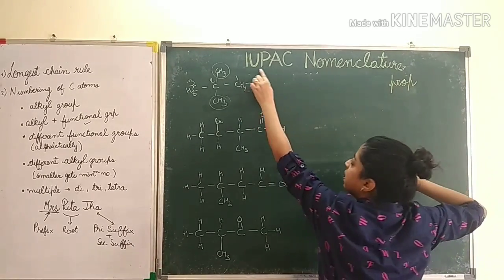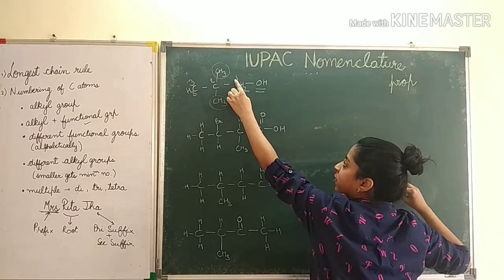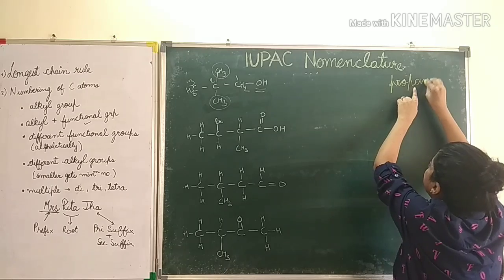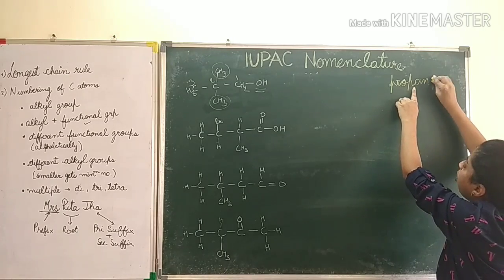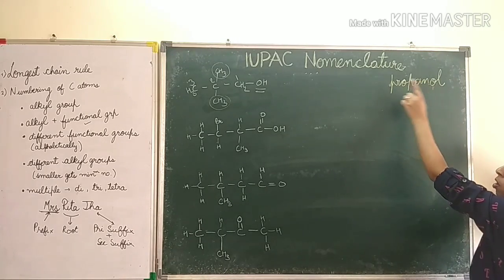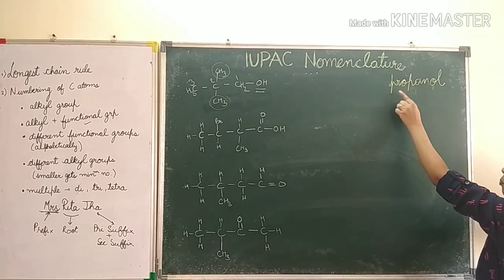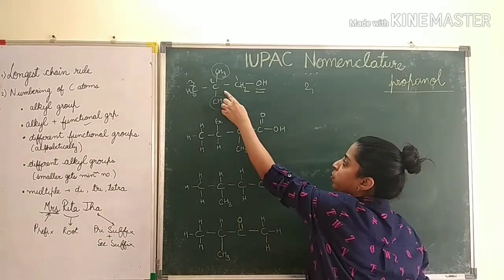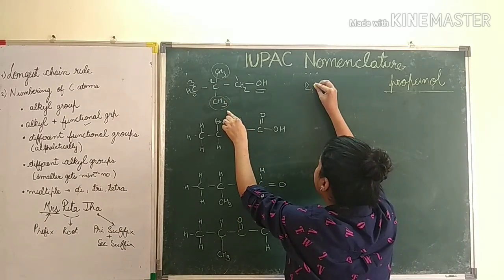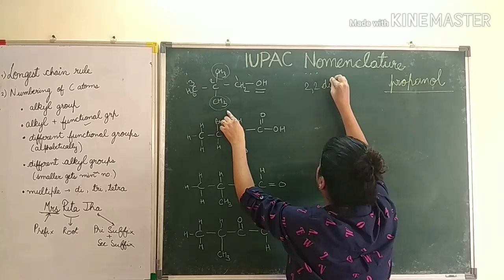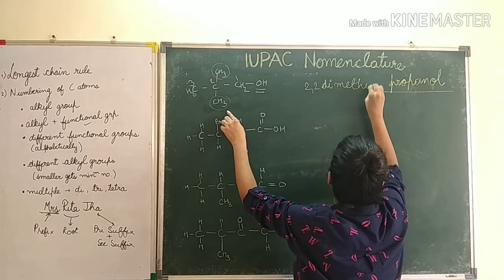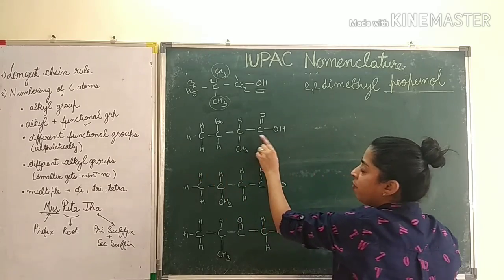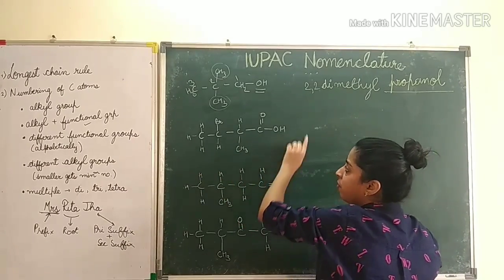Since there is an alcohol at one position, we don't have to mention the 1. When we write propane, we remove the e and add ol, so it is propanol. You can write 1-propanol, or propan-1-ol, or simply propanol because it is at one position. Now at the 2 position there are 2 methyl groups, so we will write 2,2-dimethyl